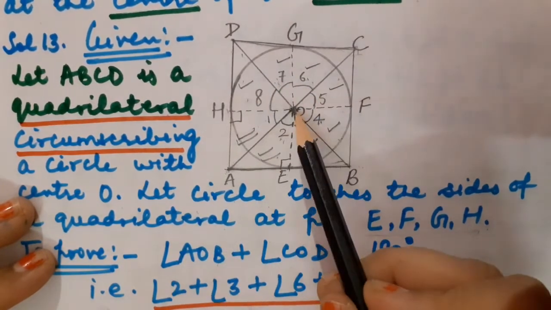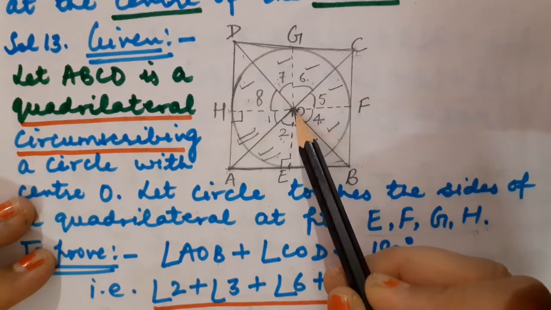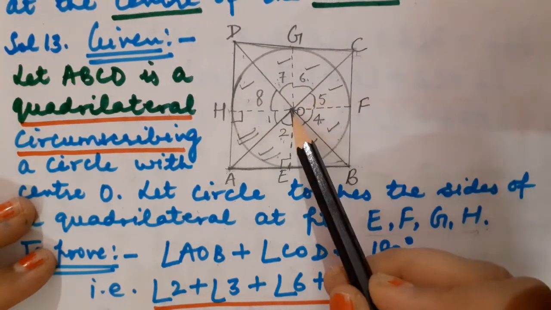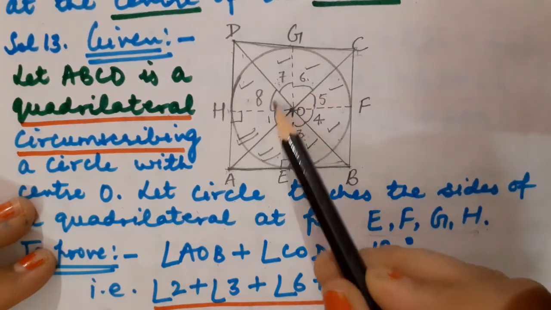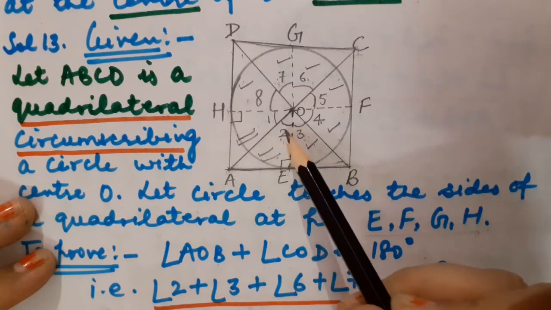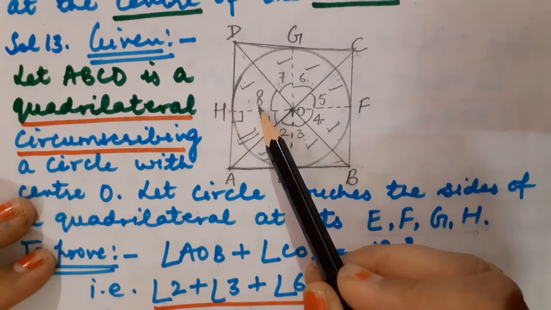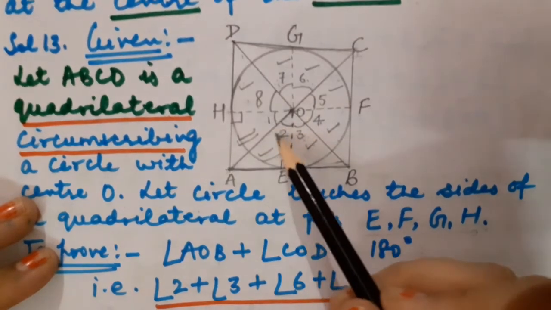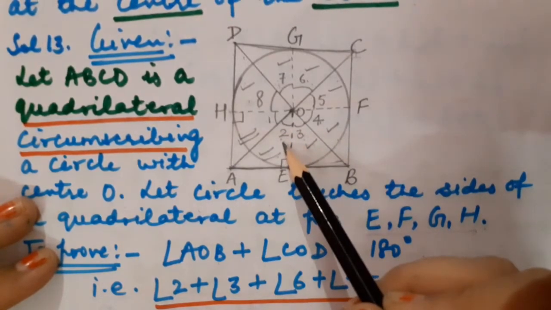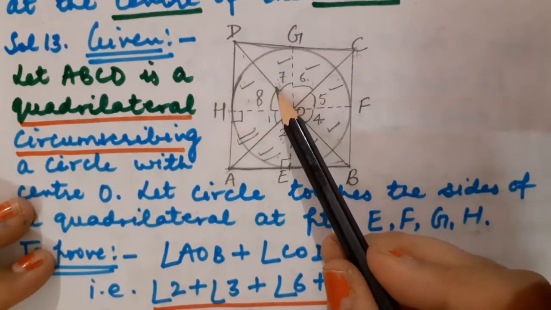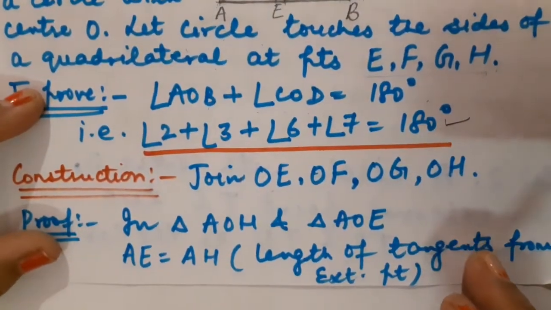Correct. So after that, children, as all these 8 angles are formed at one point only, you know that the sum of all the angles formed at a point always forms a complete angle, that is, 360 degrees. So can I write angle 1 plus 2 plus 3 plus 4 plus 5 plus 6 plus 7 plus 8 is equal to 360? Correct? After that, wherever angles are equal, I can put the other angle in place of them, so that I can prove that angle 2 plus 3 plus 6 plus 7 is 180 degrees. Okay. So now have a look at the proof for better clarity of the concept.